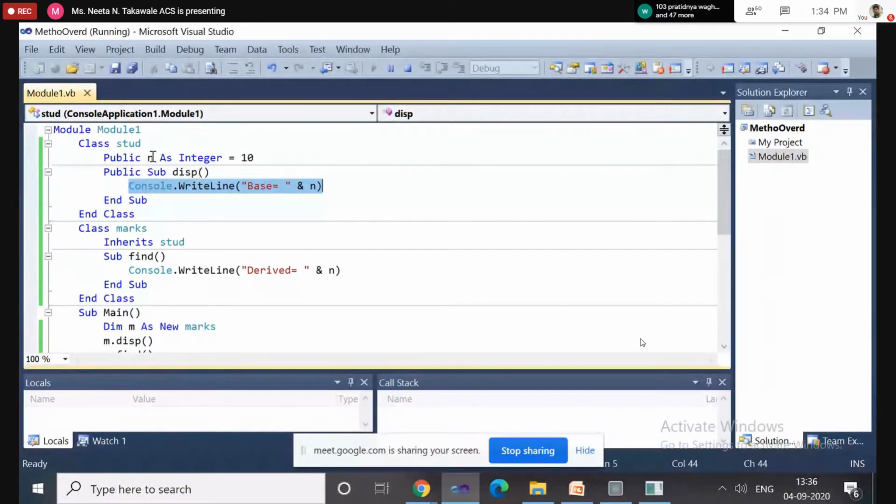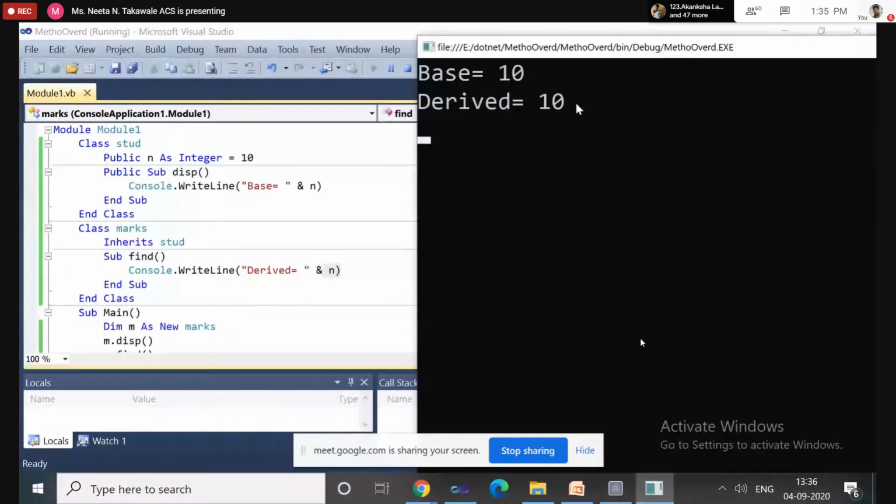Display is one of the methods defined inside the Student class, so obviously this display method can access the n variable, right? Now this find is defined inside the derived class, and it is accessing the variable of the base class. It is successfully accessing it, so it is printing the message derived is equal to 10.